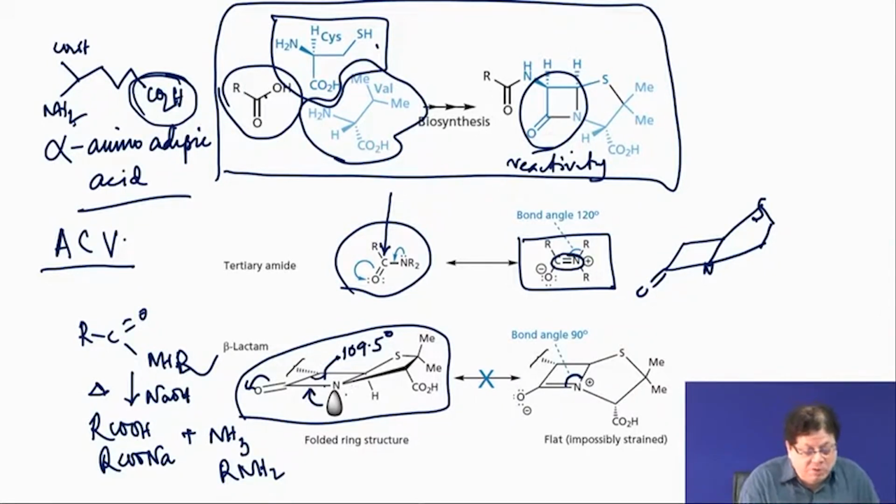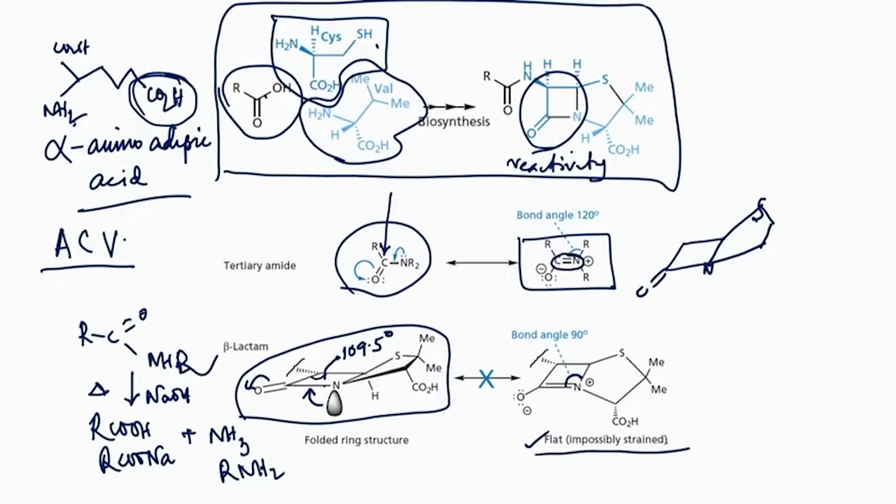Okay. So, if you have a resonance where the angle is still increasing further here, that will not be allowed. So, this will be flat and it will be highly strained. So, this type of resonance is almost not possible, and that is reflected if you take the IR spectroscopy of